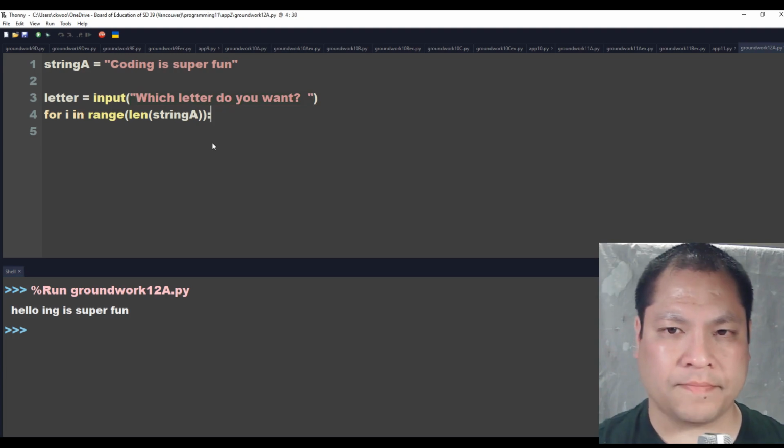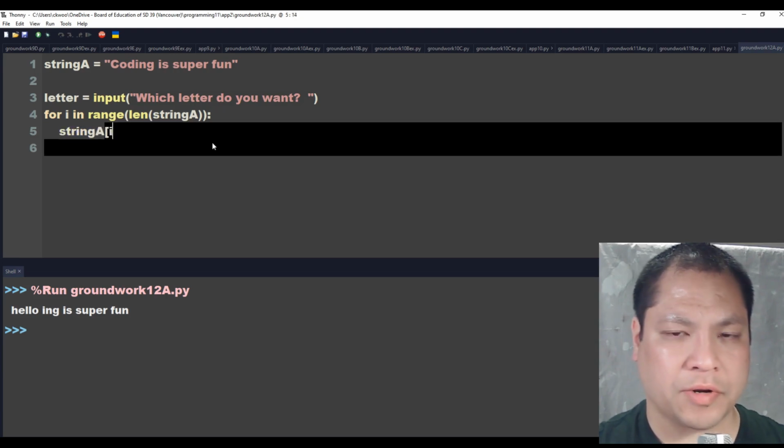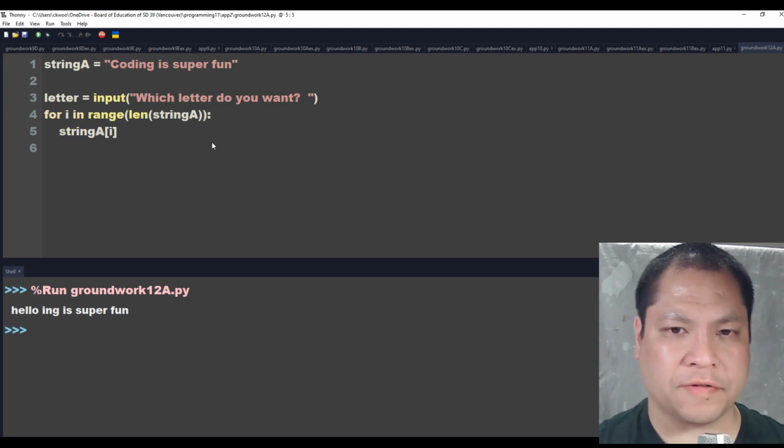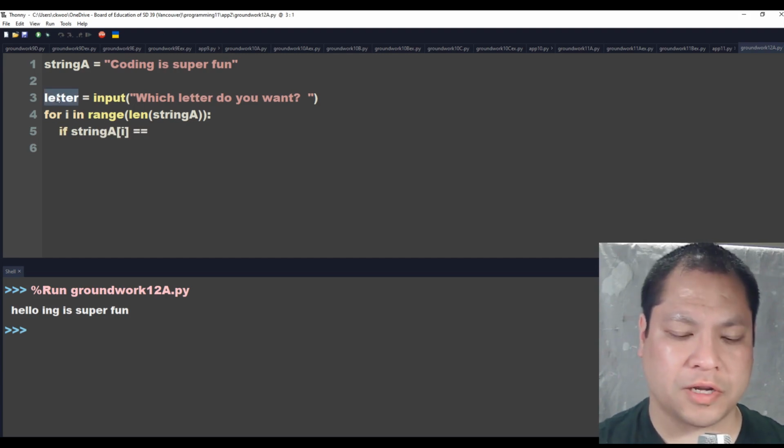Then we say if string A square bracket I equals this letter right here,